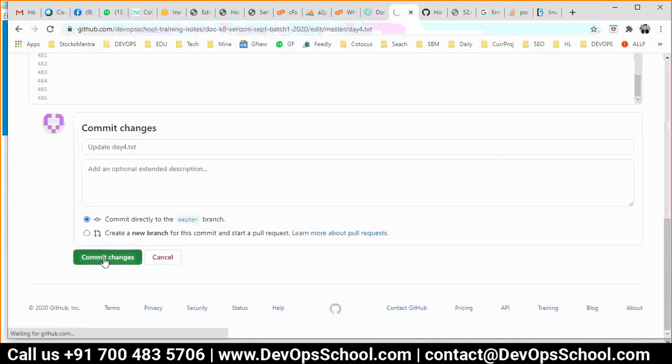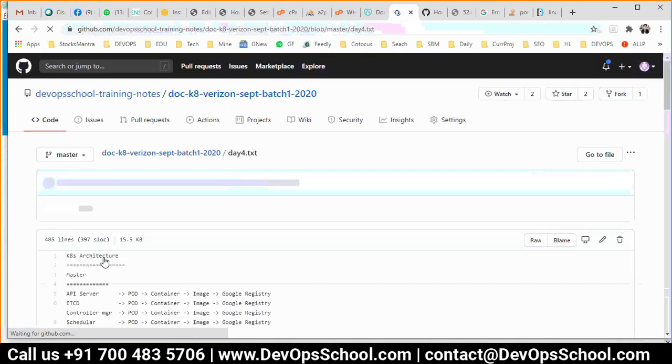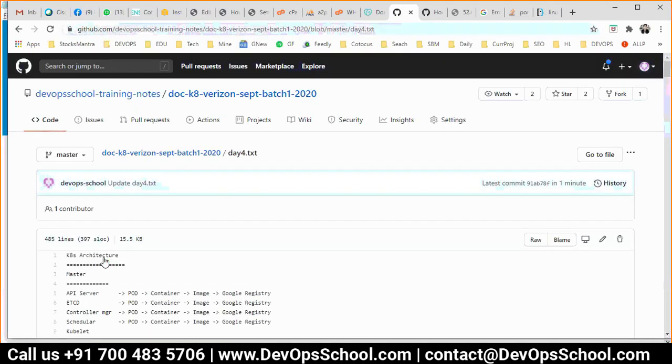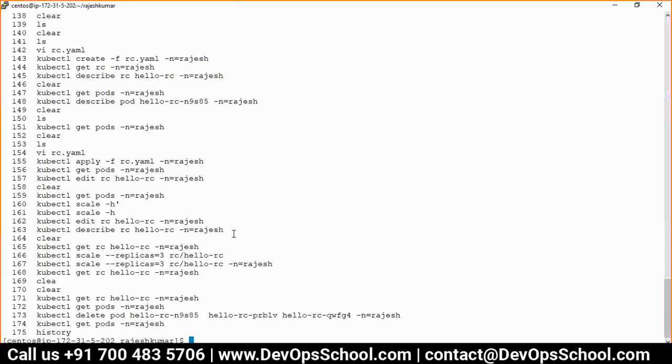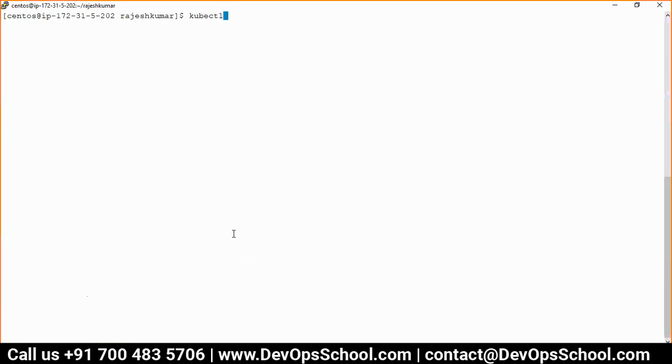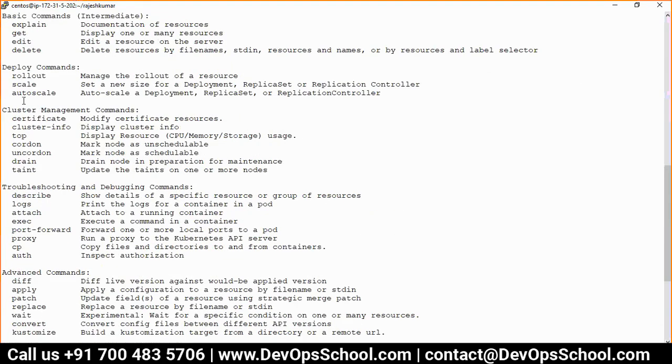Rajesh, at the initial stage, I don't want 3 pods. I just want to start with 1 pod. And if I see there is traffic or something, I want to increase the number of pods. Sir, that is also available. That's called HPA. I used scale, but you can use autoscale. You have to set the CPU and install the metrics server monitoring tool. If the utilization goes beyond the threshold, it will automatically scale up and down.